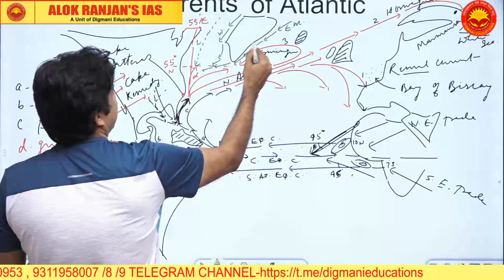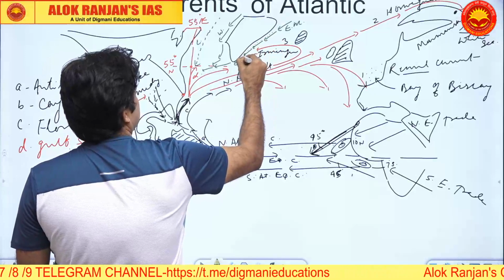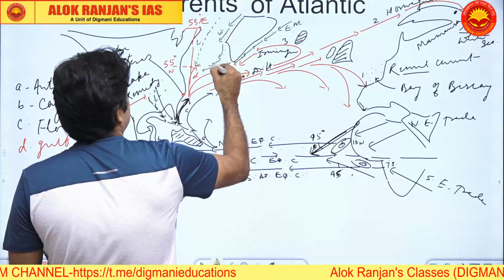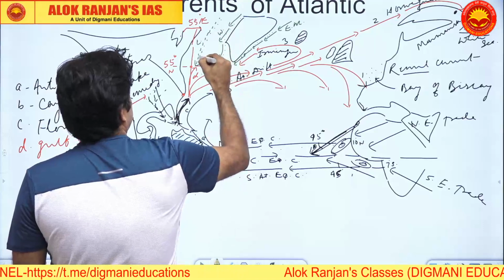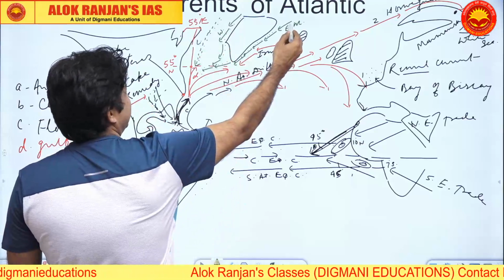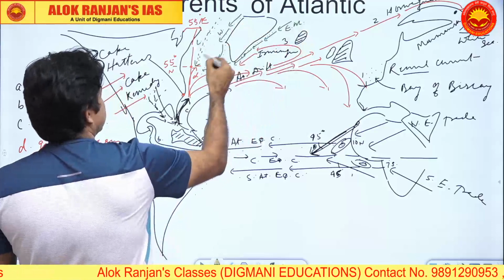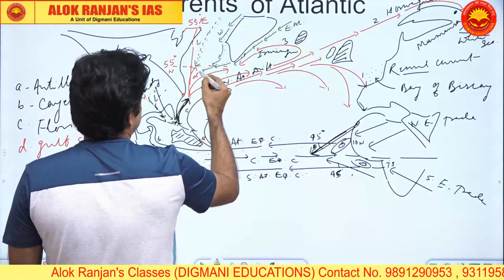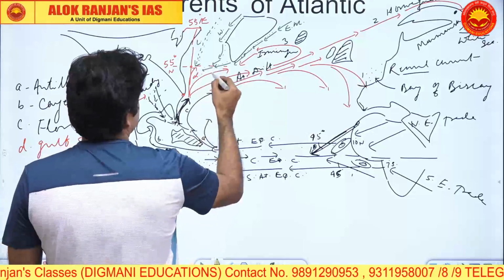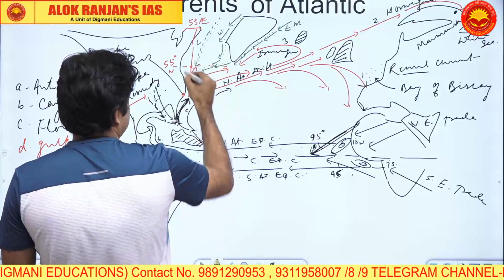So all these currents are basically what? These currents are cold currents. Any current coming from polar direction is a cold current. These are all cold currents. Labrador is also a cold current. So these three currents, Eastern Greenland, Western Greenland and Labrador, all three are converging with our Gulf Stream. So this Gulf Stream is mixing here with cold water, and this entire region